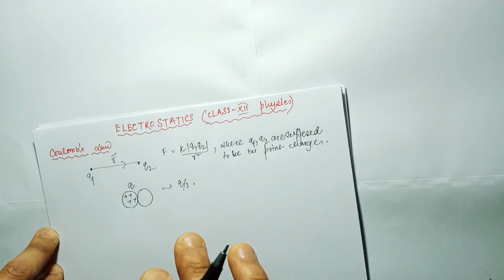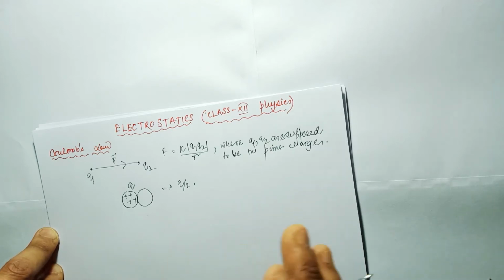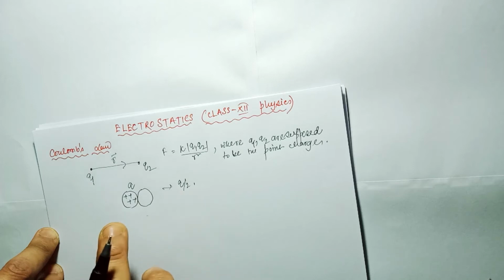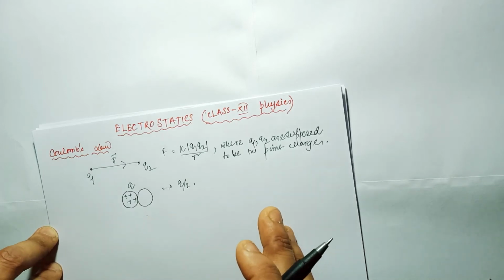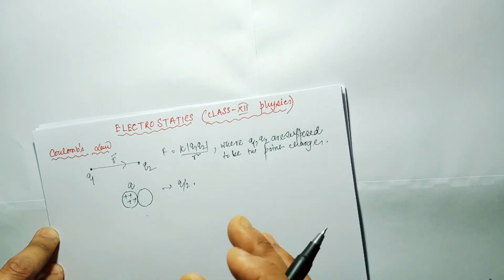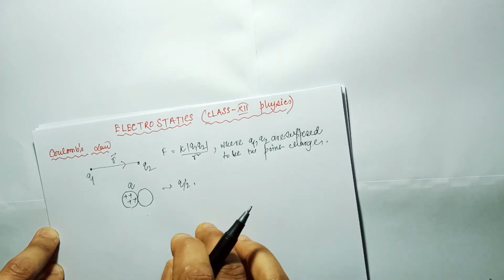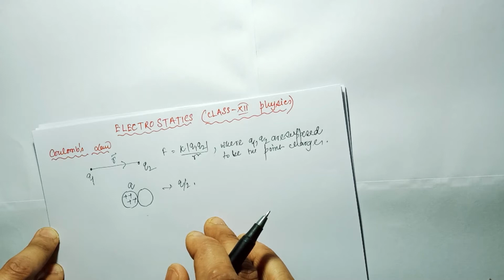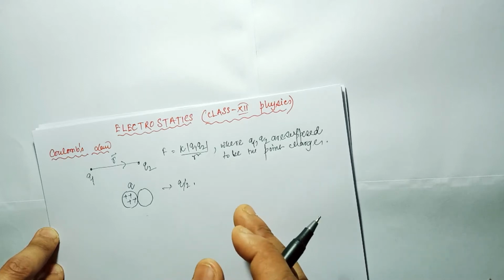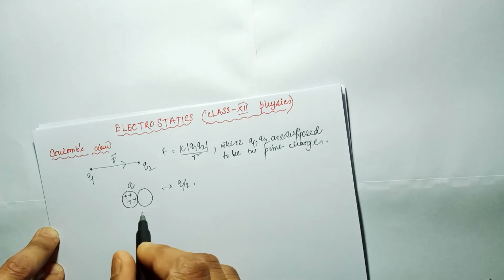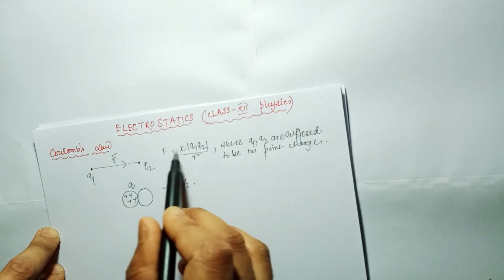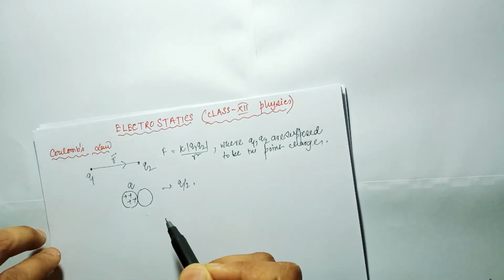Then for a fixed pair of charges, suppose I take q by 2 and q by 4, I vary the separation between the spheres, and every time I calculate how much force is acting between the two charges. In another case, what can be done? I fix the distance but vary the charges in pairs. In this way Coulomb arrived at this beautiful relation between the forces of the two kinds of charges. So I hope you have understood.